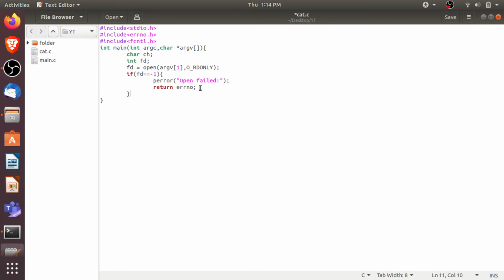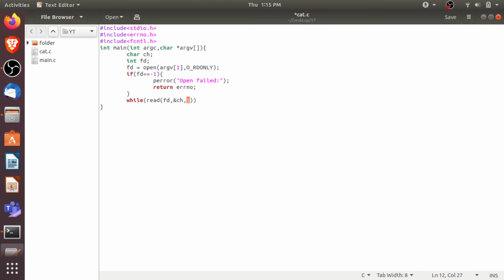Okay, so now we will go into the main part of the code. We will write the while loop. As you know, the while loop keeps on running the code written inside it until the condition of the while loop fails, and the condition fails when the value is 0. Here we are reading from fd, address of character, comma 1.